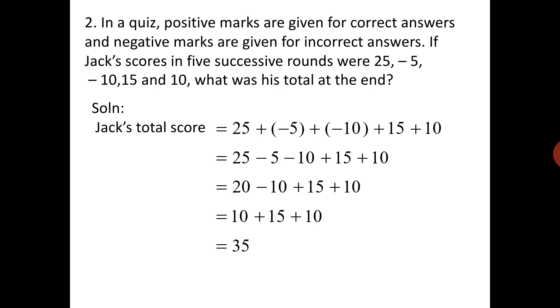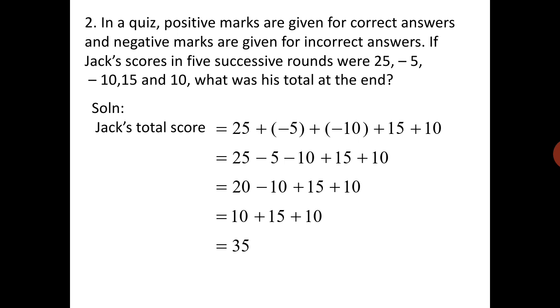How to solve it? Children, the best method is to solve the first two, then the next two. That is how you continue. So I have solved it, and 25 minus 5 gives you 20. The rest, all the numbers are written as they are. Do nothing to other numbers. Here you have more steps, but perfection will be there. You will avoid mistakes. Just solve 25 minus 5, get 20. Rest all copy down. Next statement, 20 minus 10, that is 10. Rest all numbers just copied down.